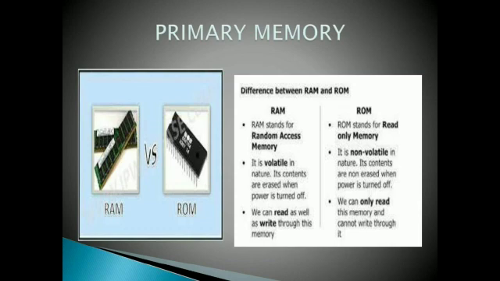First one, RAM. RAM stores data temporarily and loses it when the computer is turned off. It is known as volatile memory. It is used by the CPU either to read data from it or to write data on it. Next, ROM. ROM stores data permanently and does not lose it even when computer is turned off. It is known as non-volatile memory. It is used by the CPU to only read data.